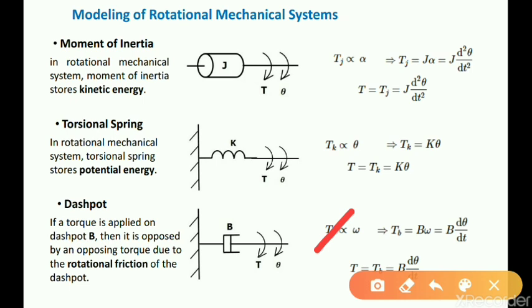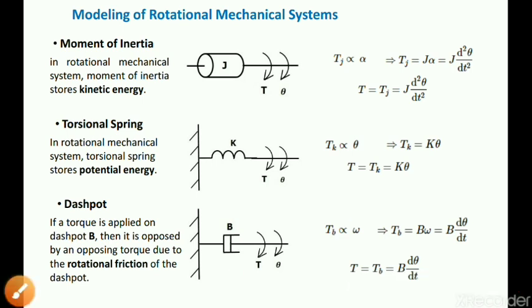So the rotational friction torque is directly equal to the applied torque in the equilibrium condition. So we have the equation for dashpot, that is T equals Tb equals B d theta by dt. So these are the basic elements of rotational mechanical system, and we write the equations for these